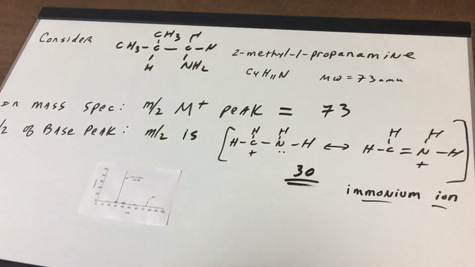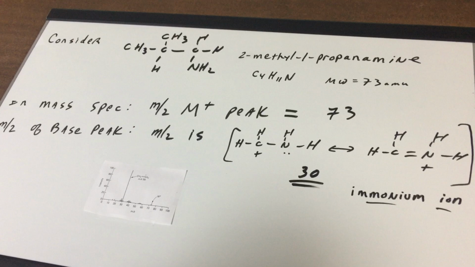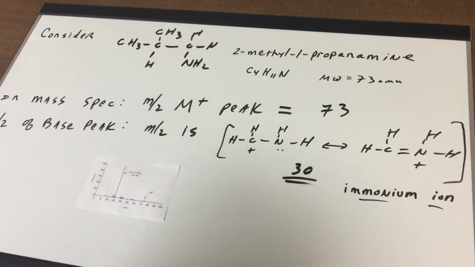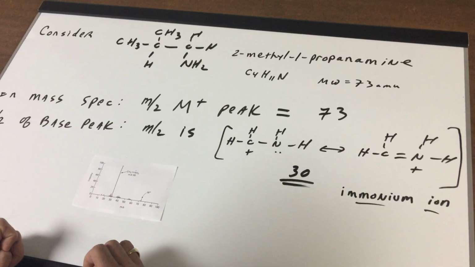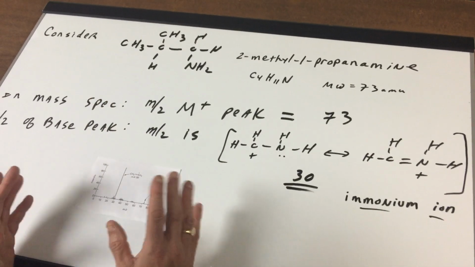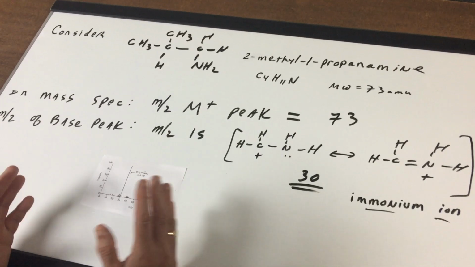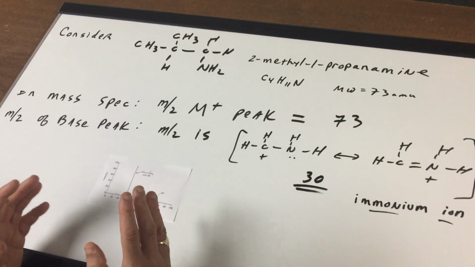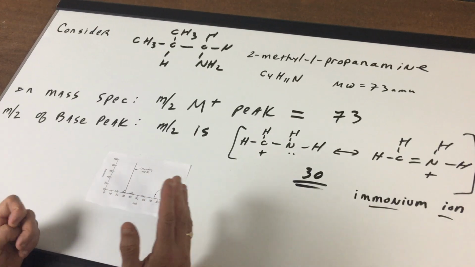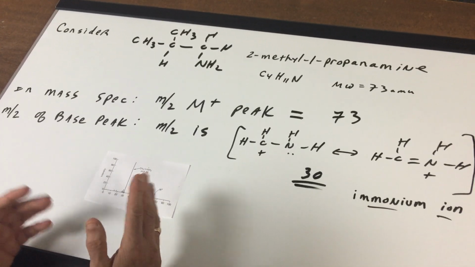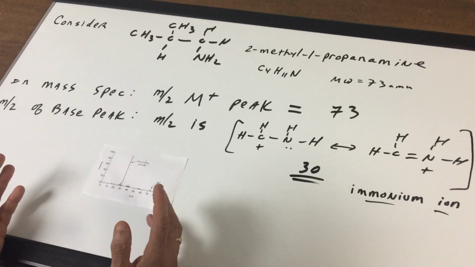What I want to do in this example, and I have a few questions in the DAT Destroyer, but I really like this question. I want you to consider a chemical called 2-methyl-1-propanamine. And what I want to do here is to identify two main spikes or peaks. Now, in a mass spectra, we're going to put this molecule into a machine and cause the molecule to fragment into many, many different fragments, and those fragments are carbocations. The carbocations formed could be a whole different array, from unstable ones to stable ones, but the main spikes or peaks are from the more stable carbocation. The two main spikes that we're going to discuss are the molecular ion spike or peak and the